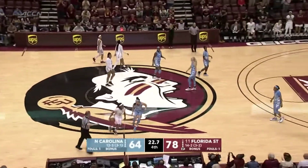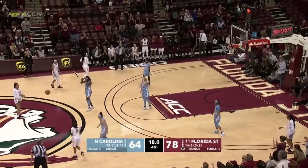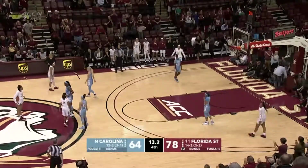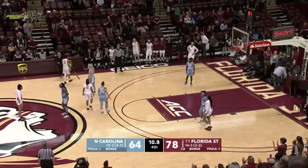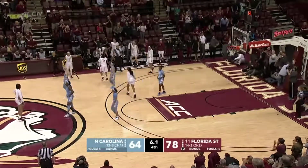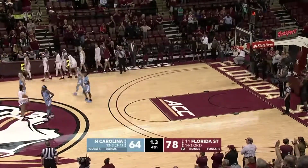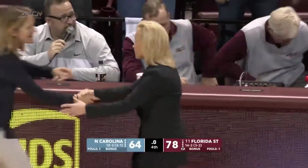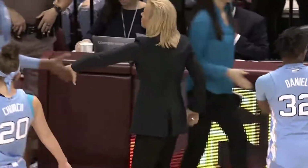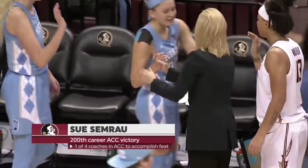FSU weathers the storm. The Tar Heels coming off the upset of NC State. And Florida State bounces back from its effort against Georgia Tech. And this type of effort has to be pleasing to head coach Sue Semrau. She was very frustrated with the performance of her team in the loss on Thursday night. This one makes up for it just a little bit. 78-64. Congratulations to Sue Semrau. Another milestone for the 23rd year head coach at FSU. One of